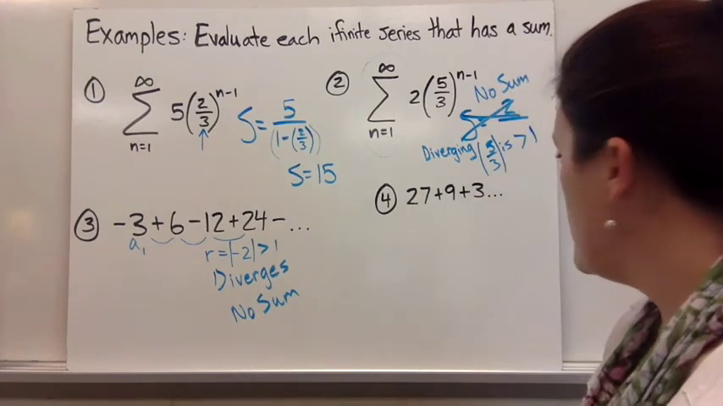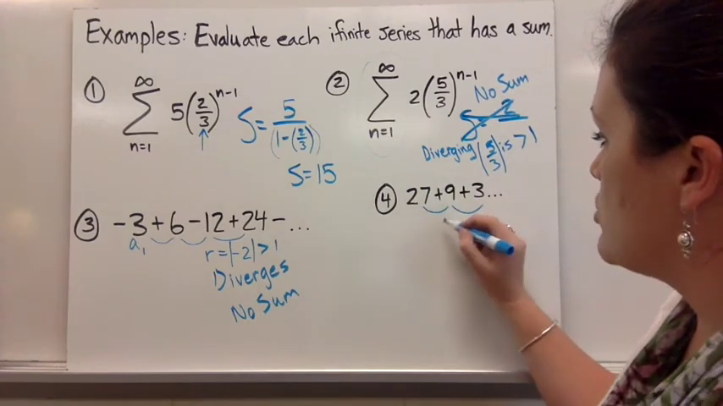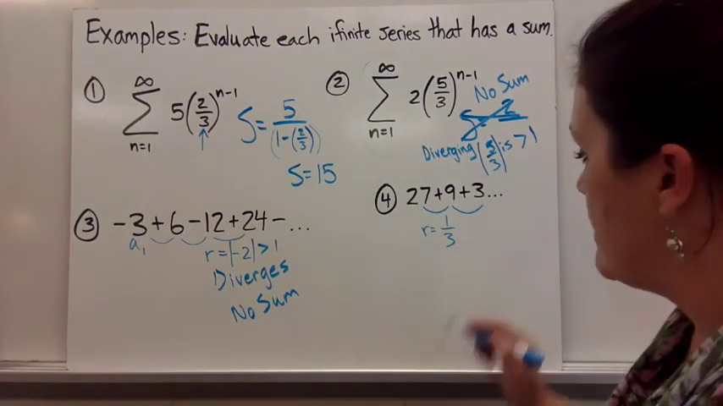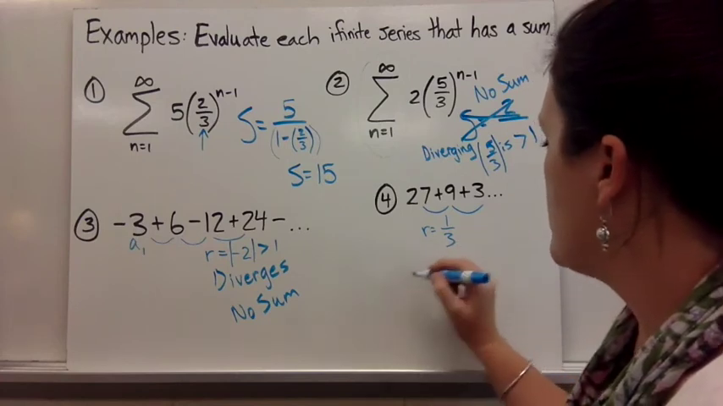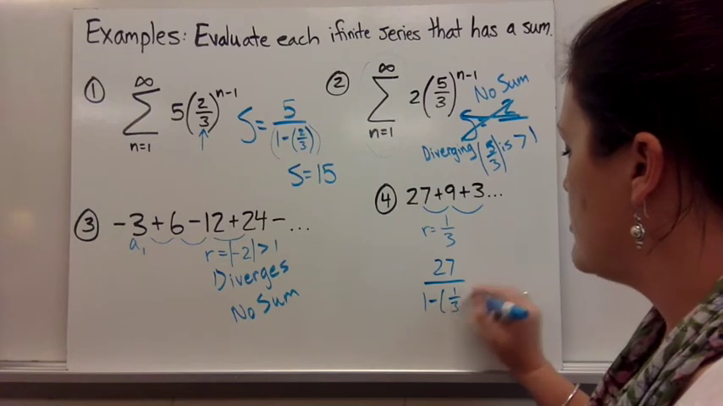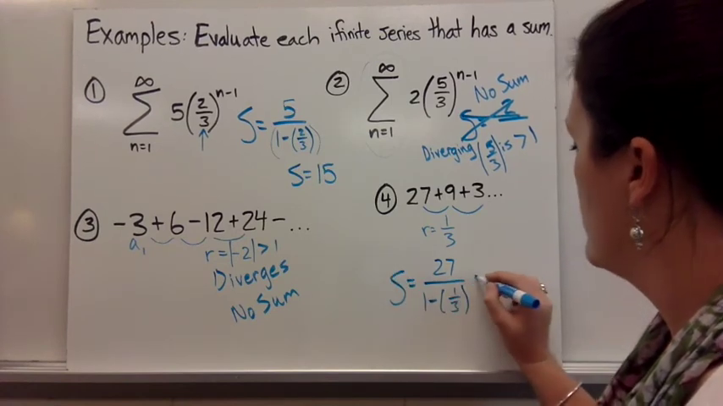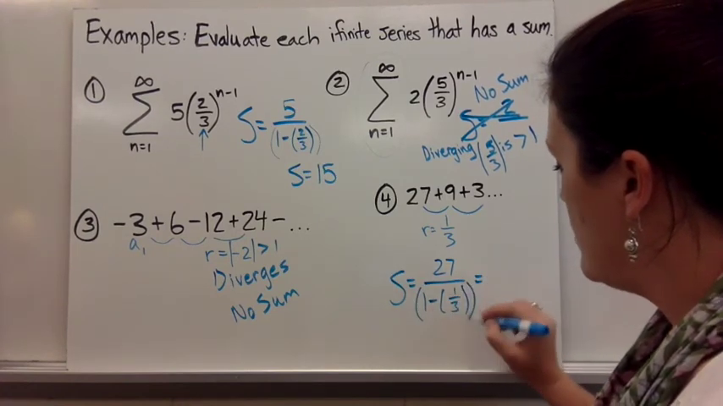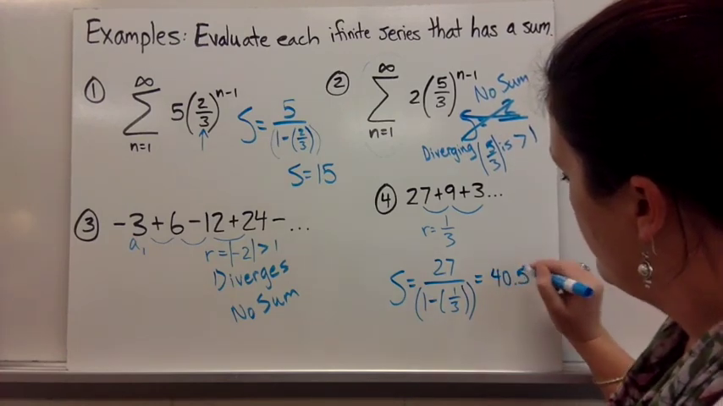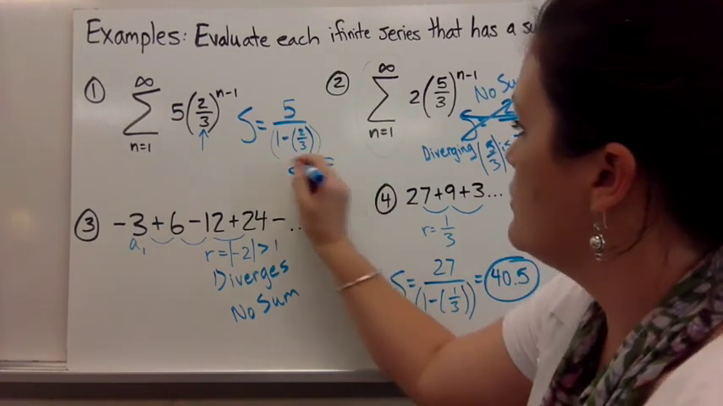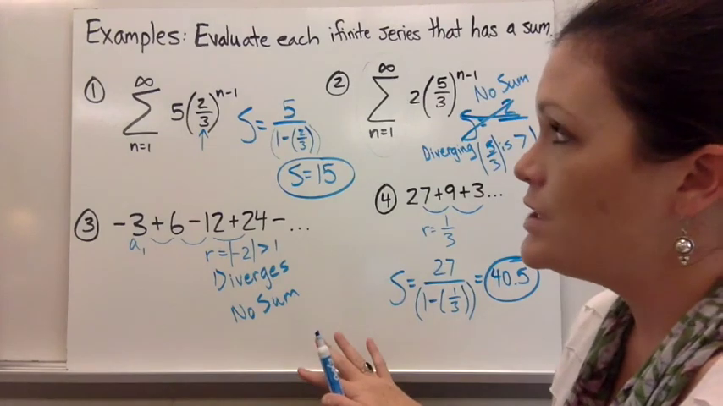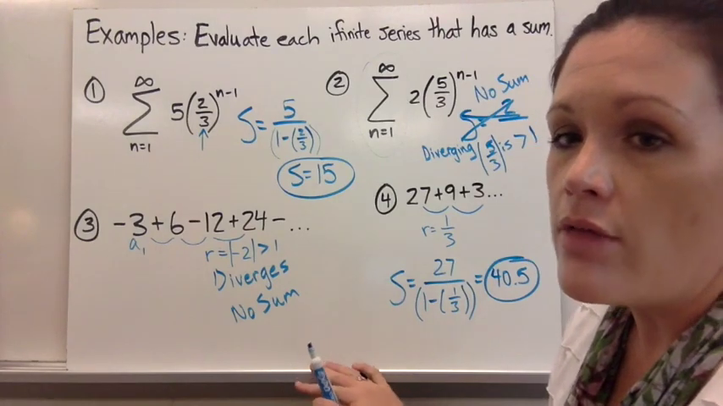So 27, 9, and 3, these are multiplying by 1/3. So this one we could find the sum because the absolute value of 1/3 is definitely less than 1. So we would plug in the first term is 27 over 1 minus the common ratio of 1/3. And make sure you type that in all together in the denominator. Be careful. I got 40.5. So you can check and see if you get the same thing that I did for the sum of the ones that work. But remember, with infinite geometric series, not all of them work. So you need